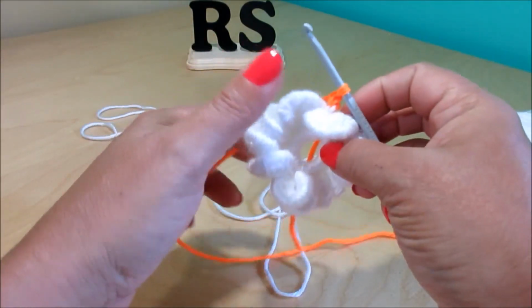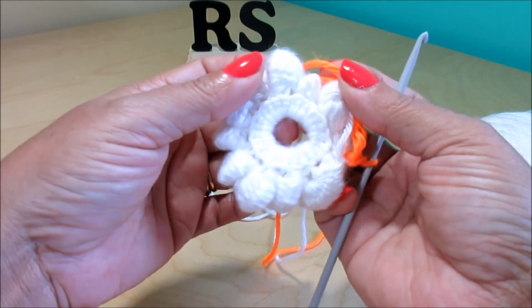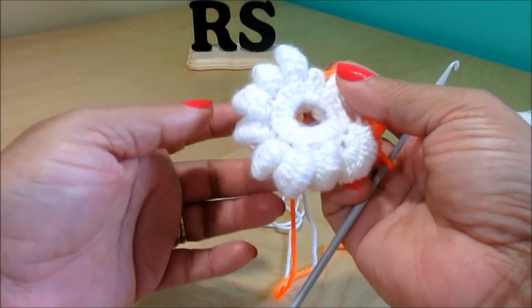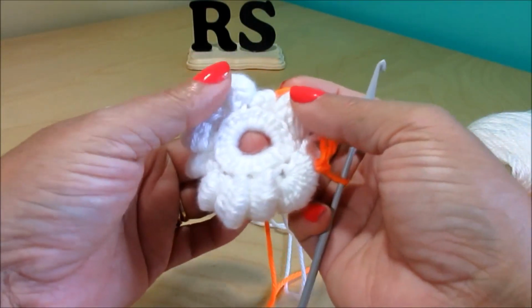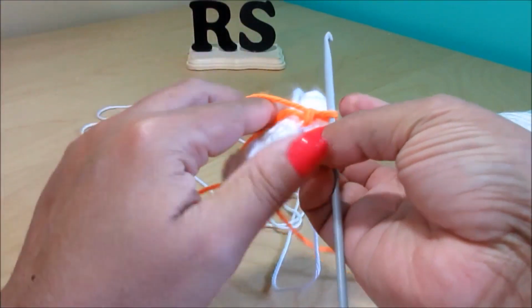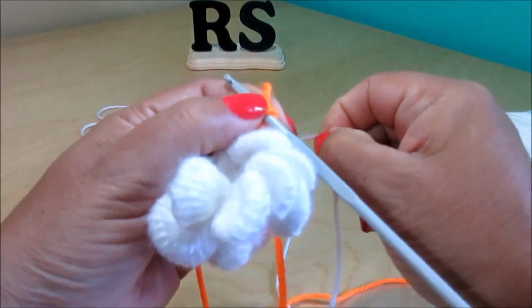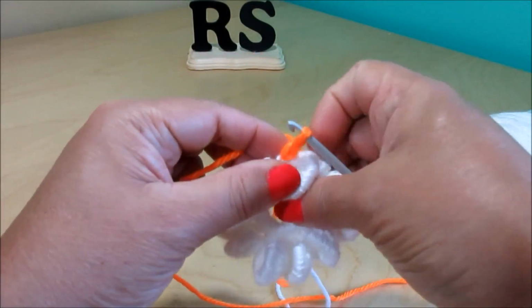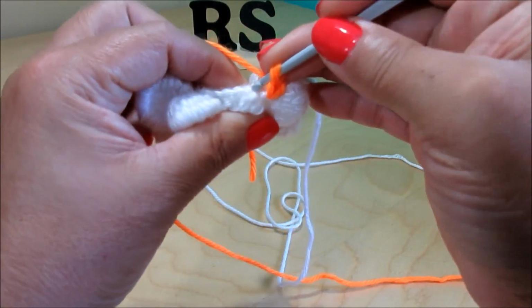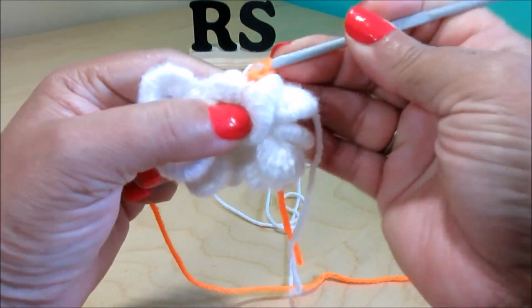Chain one in here, and now in here in the back, if you look, you have all those strands of yarn in here. That's where we want to work. So remember, we had 2 strands of yarn in the front. We did this. Now in the back we're going to work the petals. So now you're going to go to the first one that you see here,